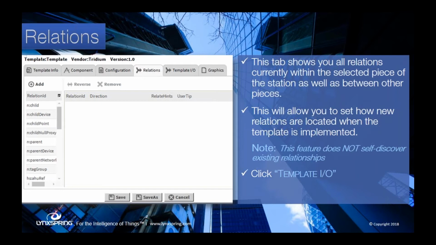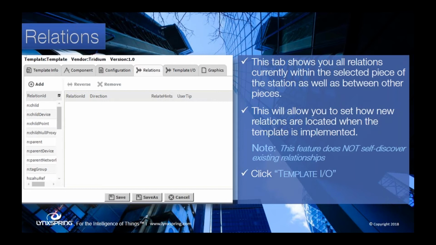Up through 4.2, it doesn't really work very smoothly. So this is something that I would say right now, go ahead and just plan on having to do these after you deploy the template. It is in the process of being worked on. We're hearing from Tridium that that's coming soon. But up through 4.2, it just really doesn't work particularly well.